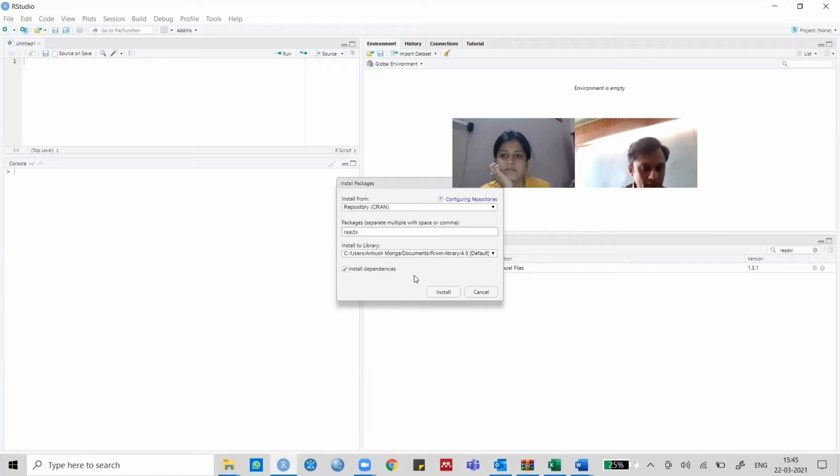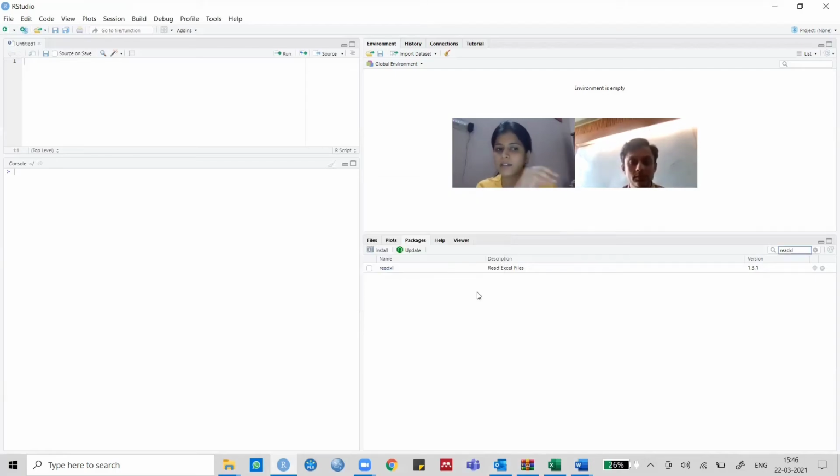Yes, I'm getting some messages on the first panel. All those are syntaxes here. Some syntax is coming in red color also. So that is not an error. It is just R speaking with us. It is telling us where it is getting this package from. So we don't have to focus on it. Once it is done, it will give you a message like successfully installed or something related to that.